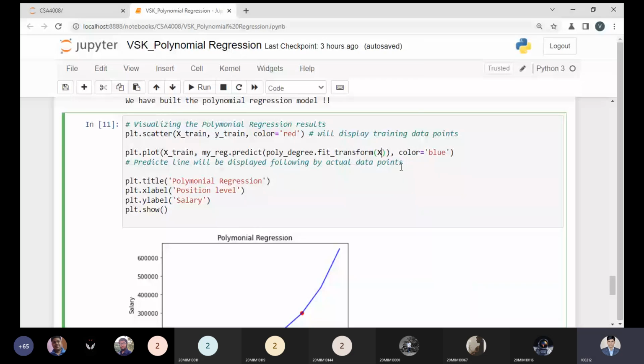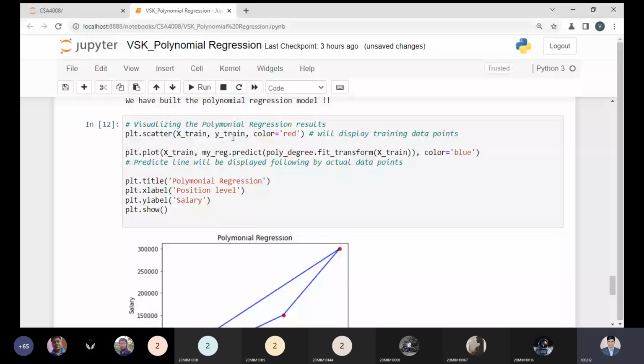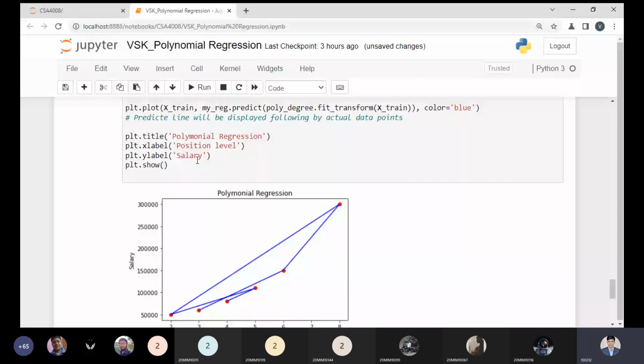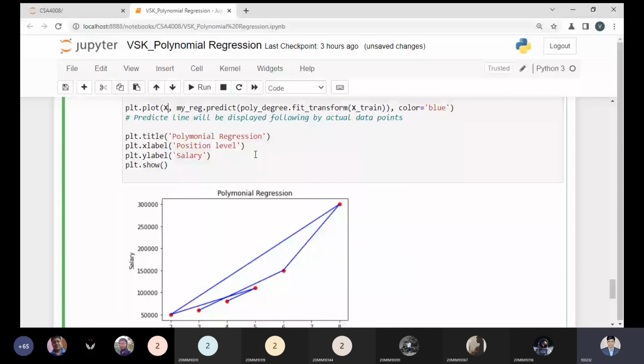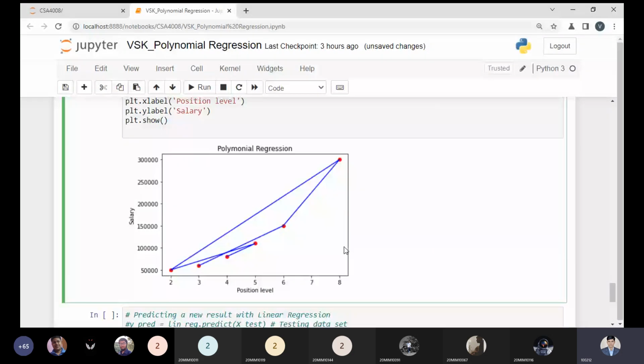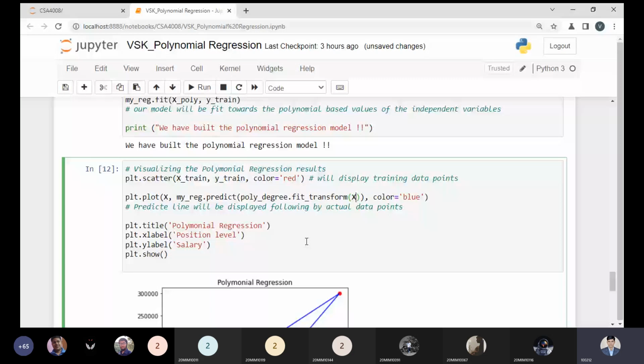That is the reason we have to pass the original data value, because I have to plot all my information towards the extreme. That's why I'm passing this point, else your diagram will be wrong. So now we have to use the actual data points to display the polynomial feature. Now you can see the result. Now our line is going the correct way.